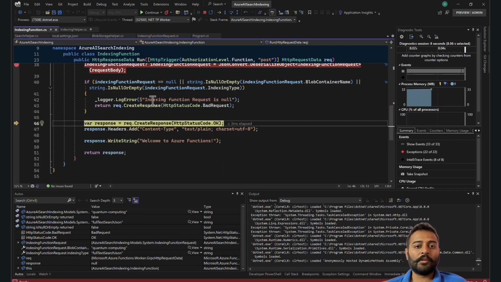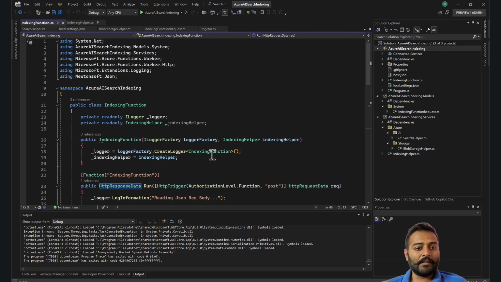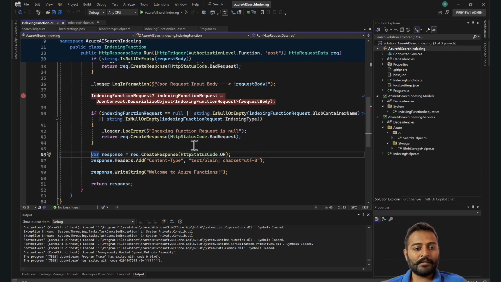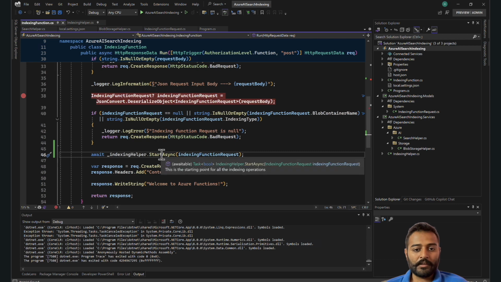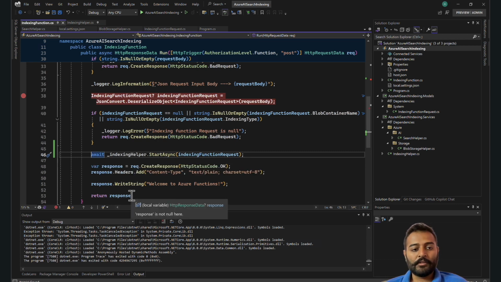Oh, yeah. We never called our actual method. We need to call it here, indexing helper, and that should be done over here. Await, indexing helper start async. Okay. And does it have a return type boolean? Yes, it does have. So we can make that if